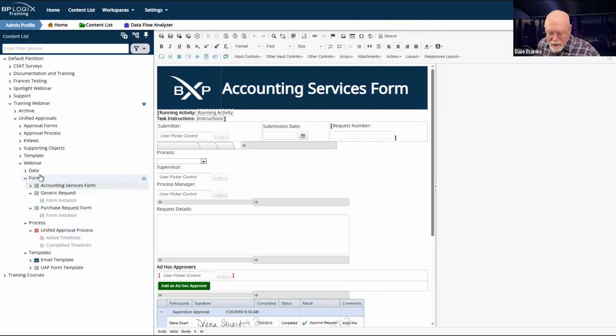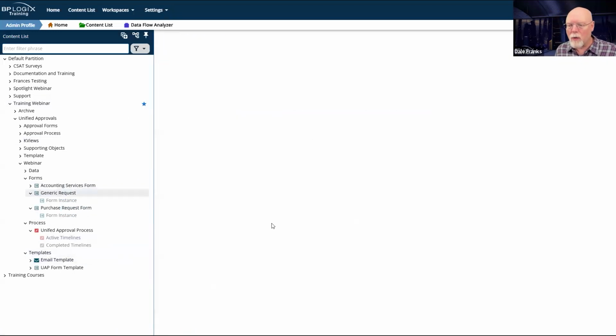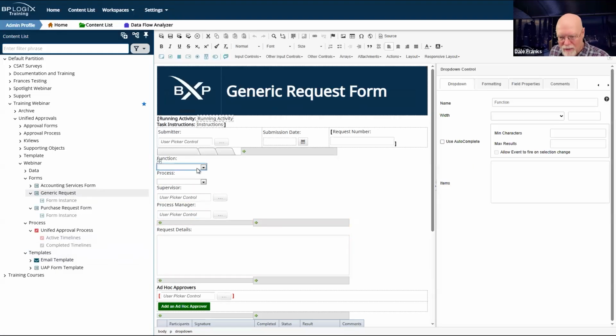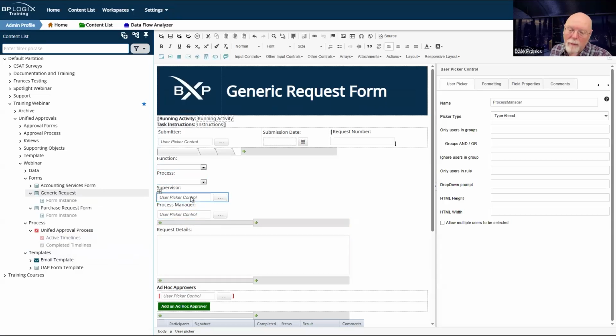And I can do this all day. All I have to do is import my template, rename it, and put in whatever custom fields I need, as long as I have a couple of things that are set in stone that we can see on this generic request form. The only four things that really have to be the same on all these forms are the function and the process. Well, three things. Supervisor is required, but we're going to have the user pick that.